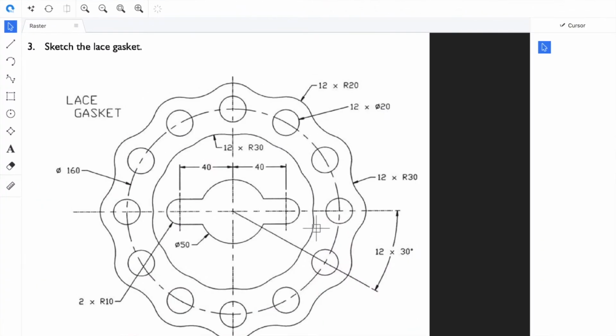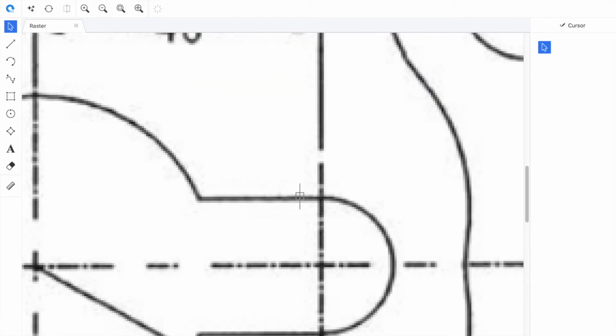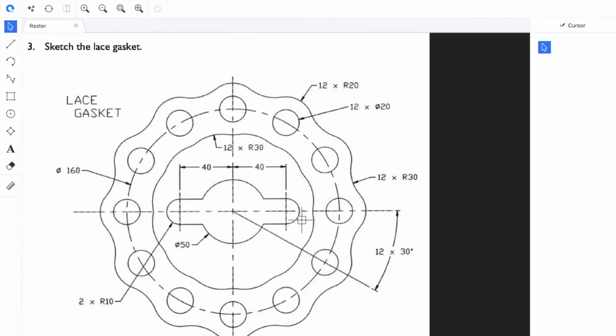Okay, so to get to that point, we first have a drawing of a gasket. And what we want to do is convert this image, which is currently a JPEG image. We can zoom in and see the kind of pixels in the JPEG image. We need to convert this to DXF or DWG, which is a format that we could pull into Solid Edge. And then you could extract the 2D drawing into 3D and create your 3D model from this, saving you a lot of time